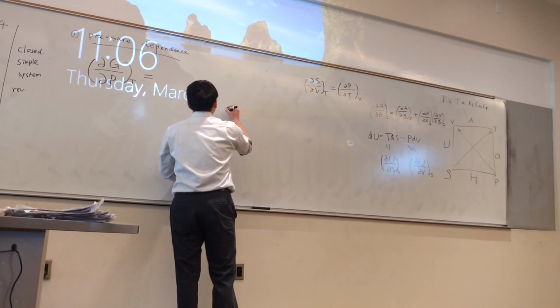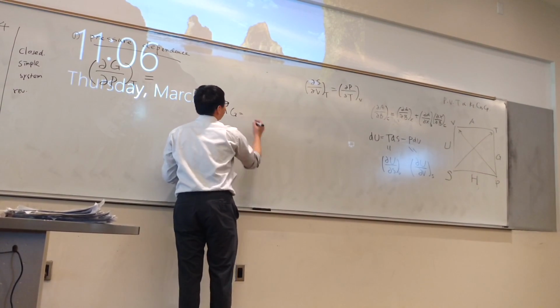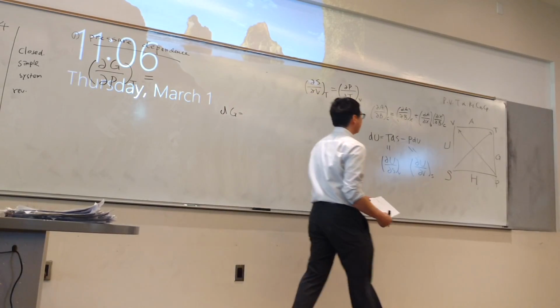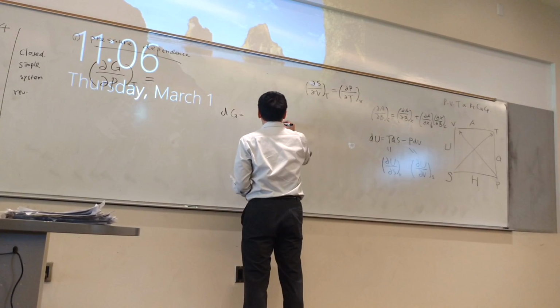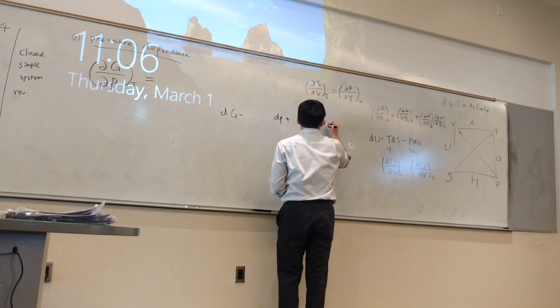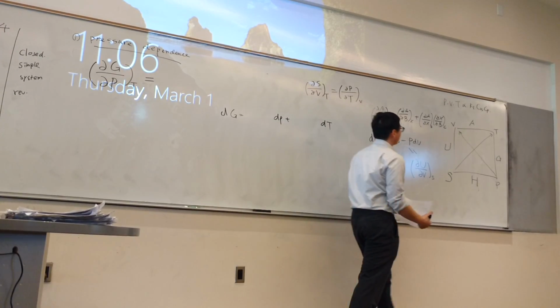Okay, so we know dG is equal to what? dP and dT, right? Okay. So